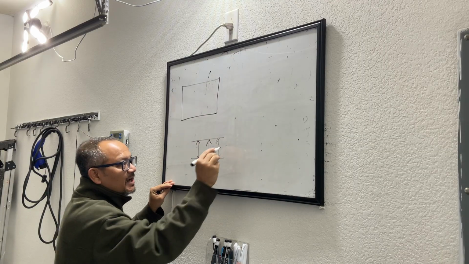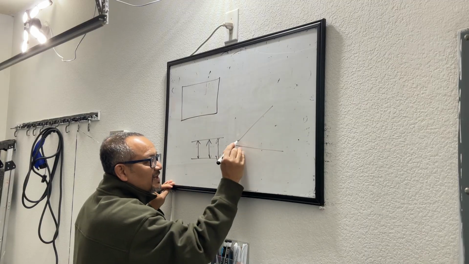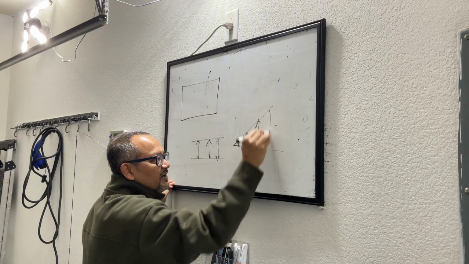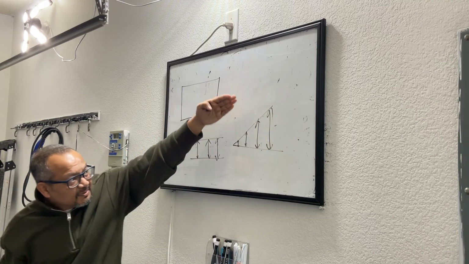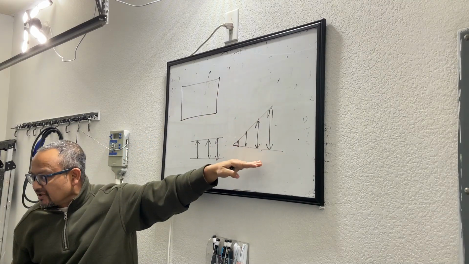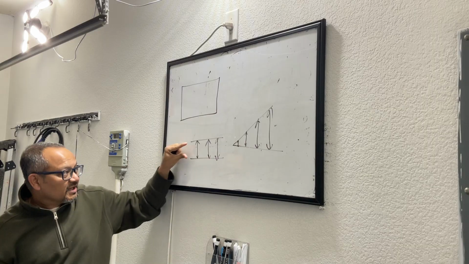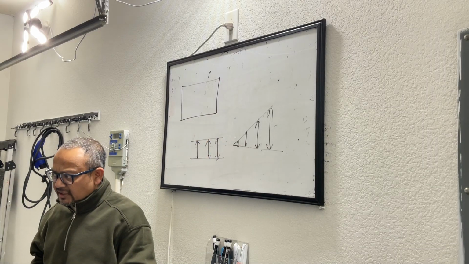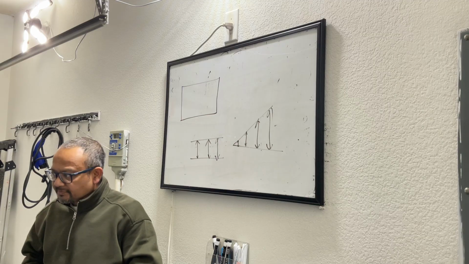If they are not parallel, it will be like this. See, here the distance is so little. It is more, it is more, it is more. So the distance between the two lines is changing, they are not parallel. When the distance between the two lines remains the same, then they are called parallel. Does it make sense? Yeah?